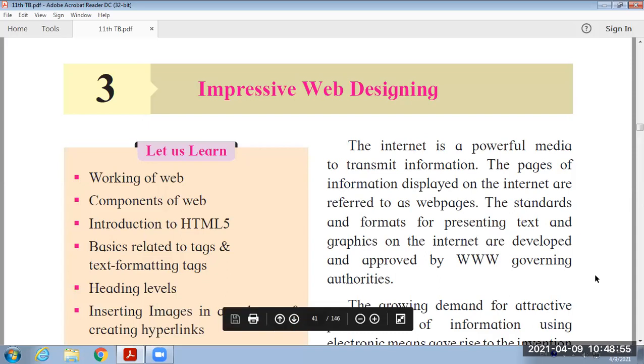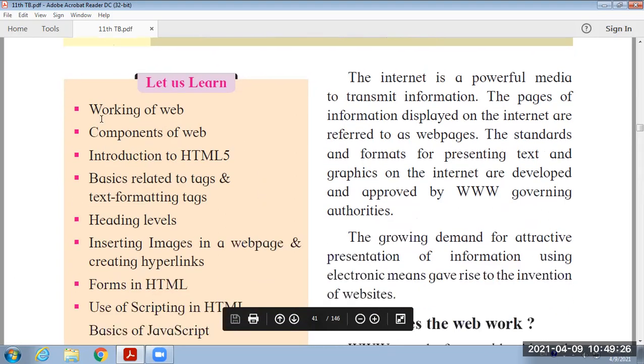In the last lecture, we completed our first lesson, Introduction to Information Technology. Hopefully, you have completed the exercise as well as the tutorial. Today, we are going to start the third lesson instead of the second one. In the third lesson, we are going to design different types of web pages. We have already practically solved much of this lesson.